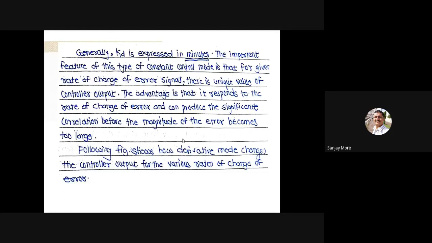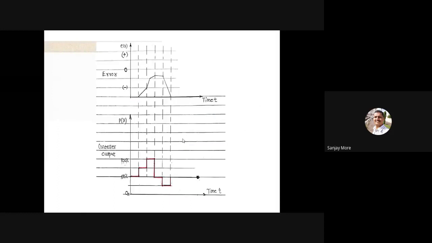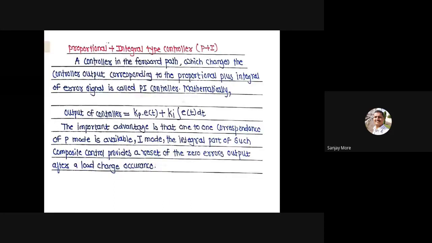Okay, and these two diagrams display the derivative mode changing the controller output for various rates of change of error. Okay. Then the next point is